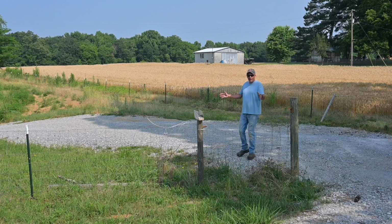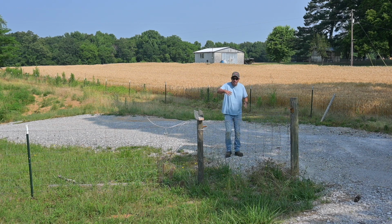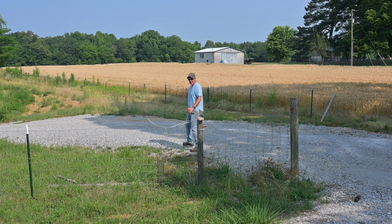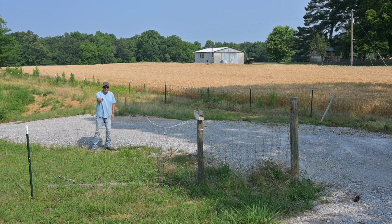All right, from where I'm standing, the camera is right on the road. I mean, it's right on the edge of the white line of the road. So you can see our fence comes in here, our driveway comes in here, and then it enters back around this way. So one of the things that we're going to have done is that we're going to have this all filled in with gravel right through here,